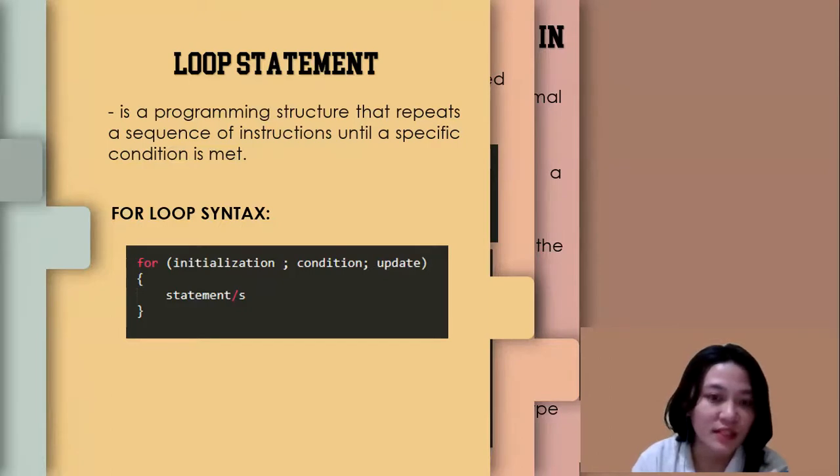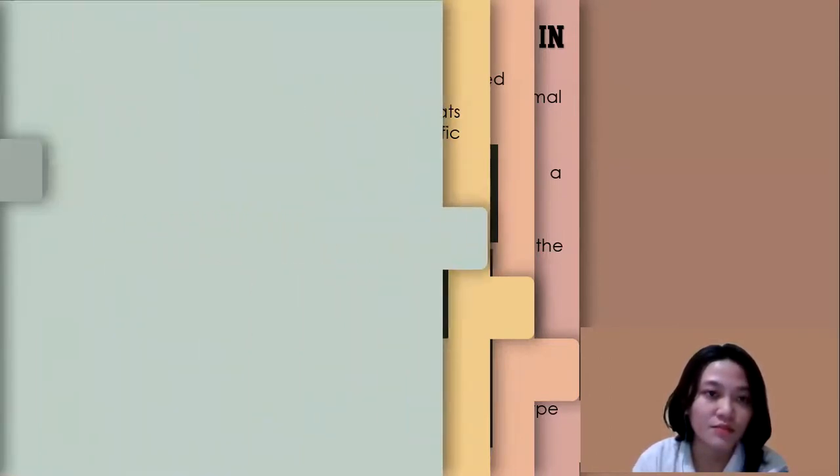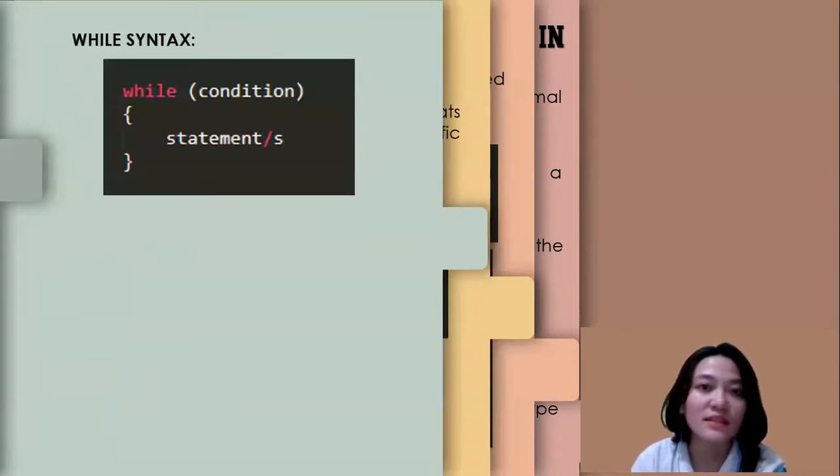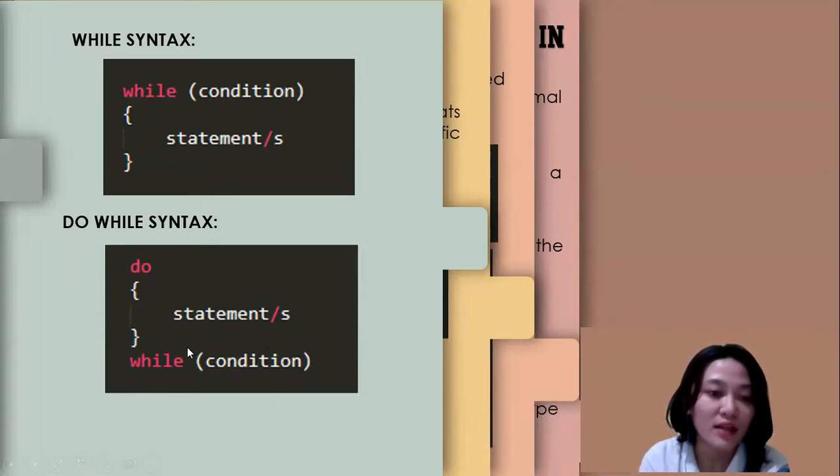So the next is the while syntax. So while, then open and close parentheses, condition, and then your statements. The do while syntax is the word do, then the statements inside the curly brackets, the word while, and your condition